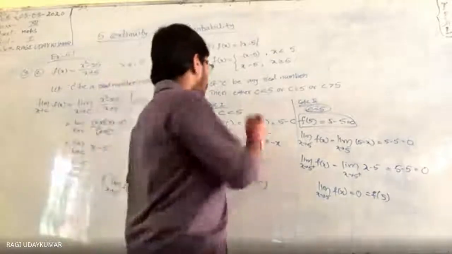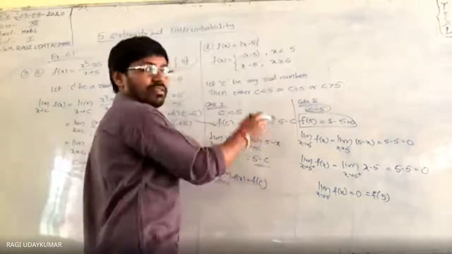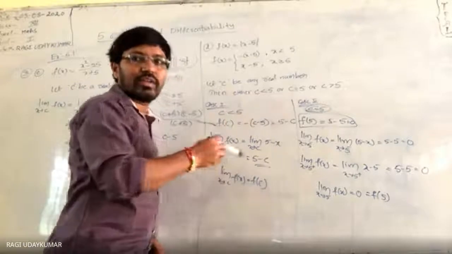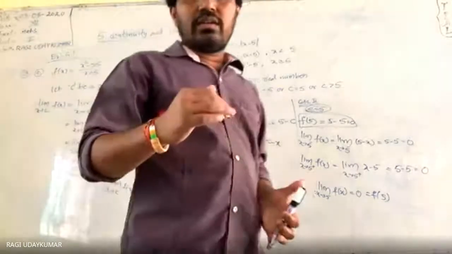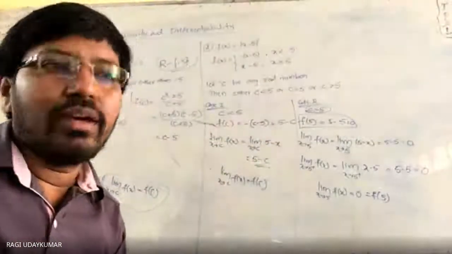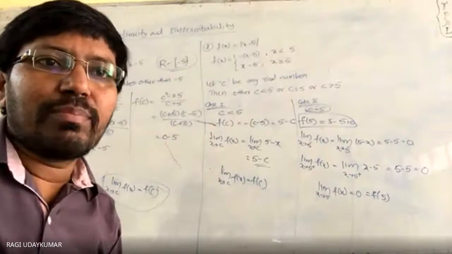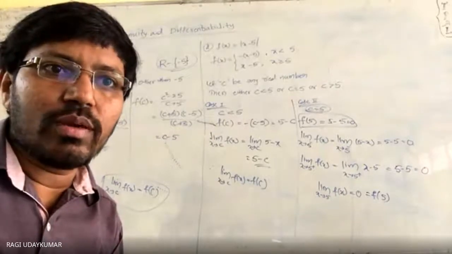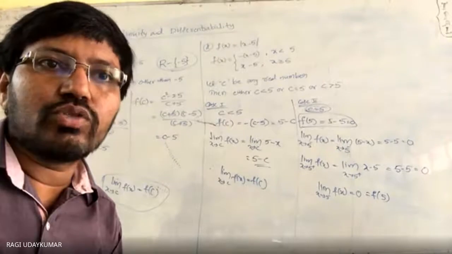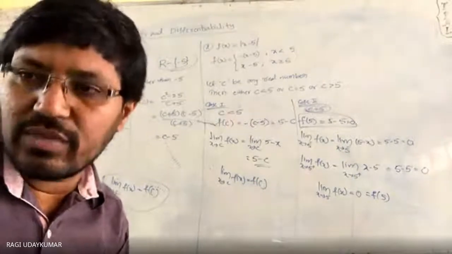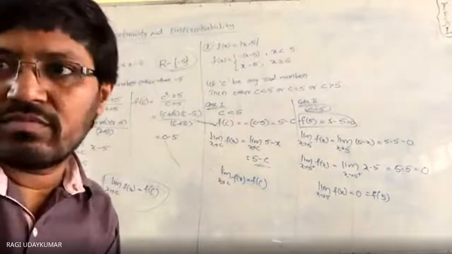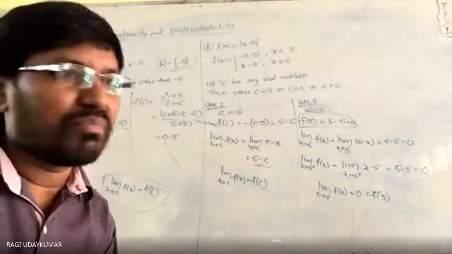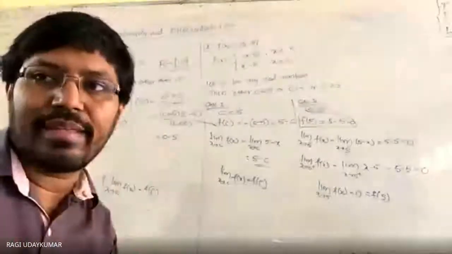Next, for c greater than 5, like this only, you are going to get it, then it is continuous. So this is the way to solve the limit problems, to solve continuity problems. Try to solve the problems given in exercise 5.1, and doubts will be clarified in the next class. We will not discuss all the problems here one by one because there are so many problems in this.